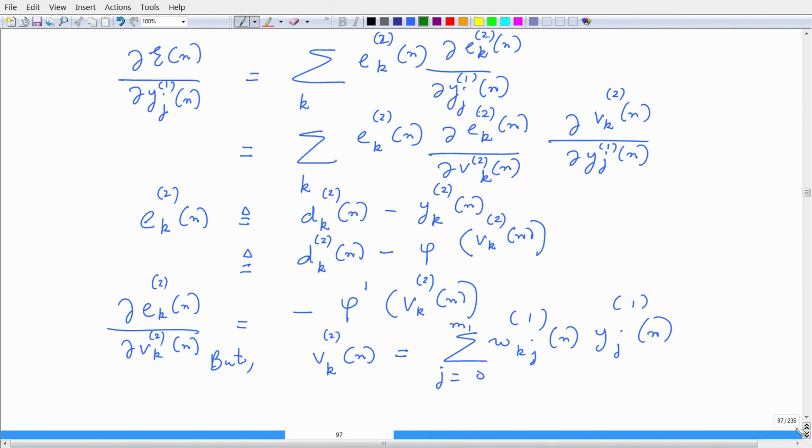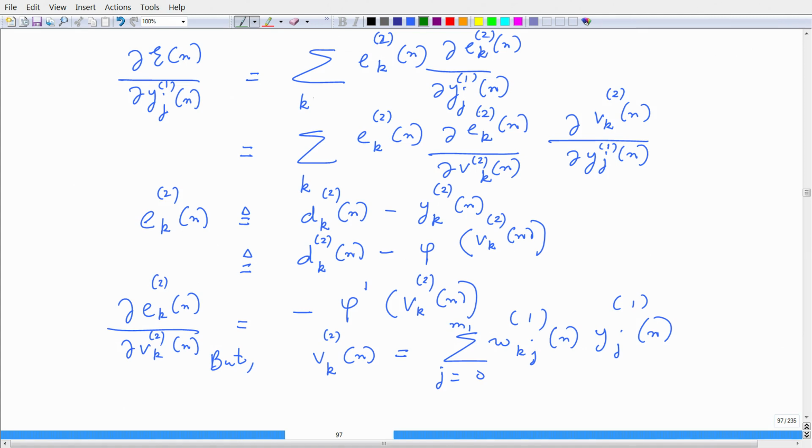Now we will follow our principle. Now we have to compute the partial derivative of the error with respect to the functional signal in the hidden layer. Now this is given by summation. Now we have the chain rule, right, because the error energy is basically half of Ek square for k belonging to the set of output neurons. So basically we take this derivative.